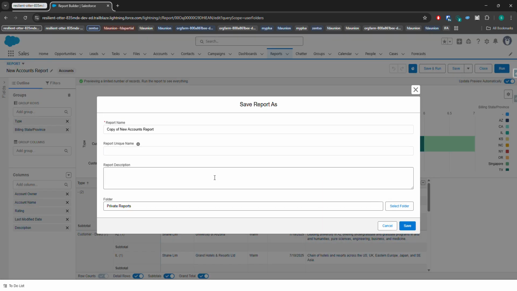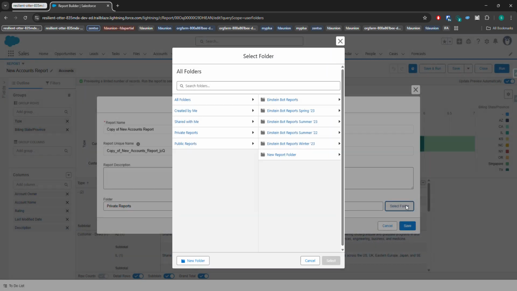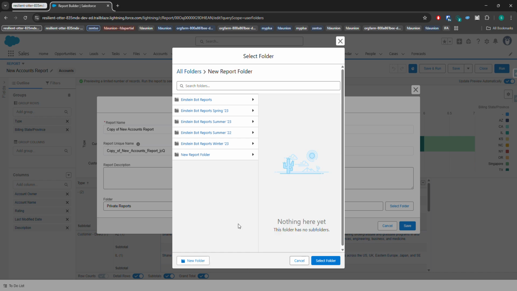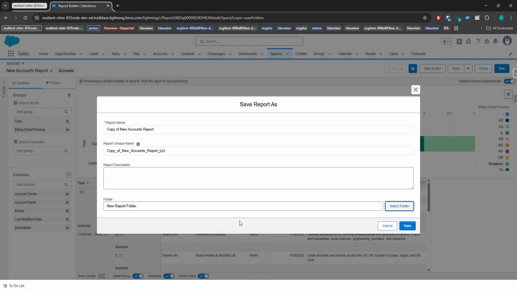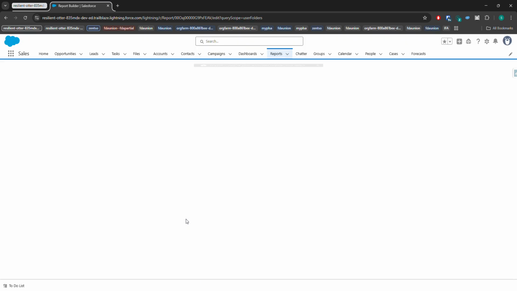And you can see it will default to the name copy of new accounts report. You can name it whatever you want. In this case, I'm going to keep it as copy of new accounts report to indicate that I know it's a copy. And I'm going to click on select folder because it always defaults to private reports. I'm going to click new report folder, and I'm going to click select folder. So now this will be saved to the new report folder that we created. So if I click save,